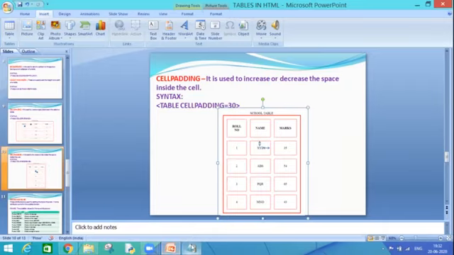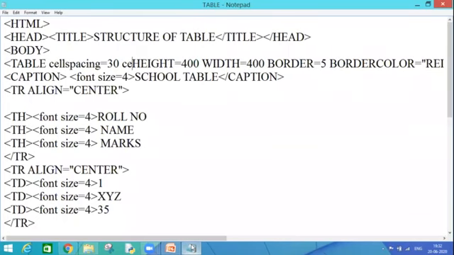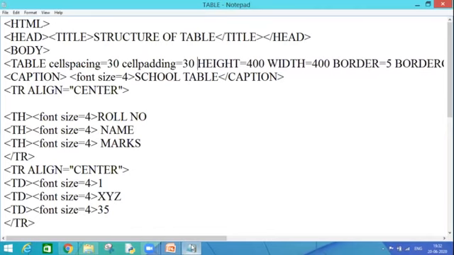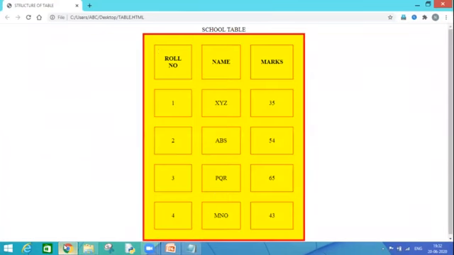So let's have a look. If I say cellpadding is equal to 30, what will happen? Press Ctrl S, go back again, F5. Now as you can see, the space inside the cell has increased, as I'm placing my mouse cursor over here, horizontally and vertically both.